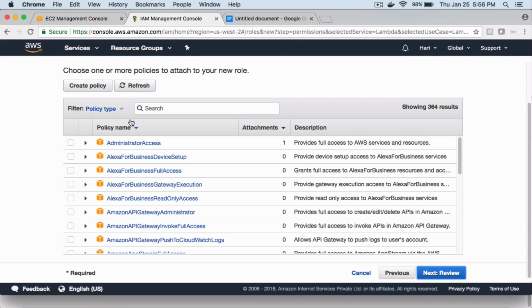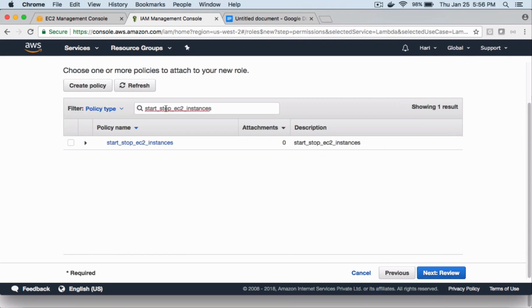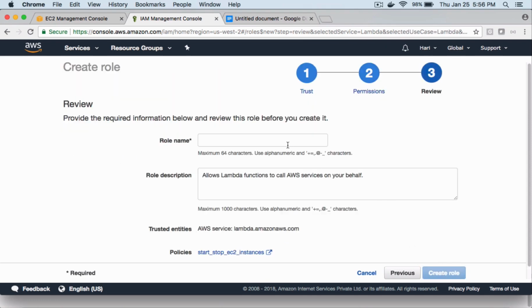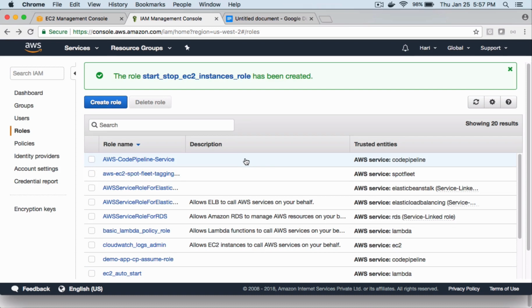Go to permissions, search for the policy we just created, review it, give a meaningful name, create the role. Oh, sorry,